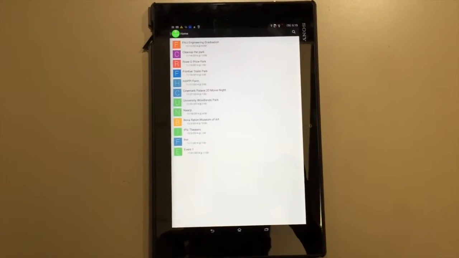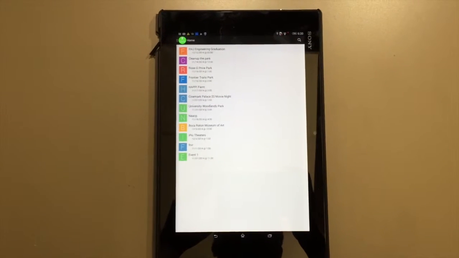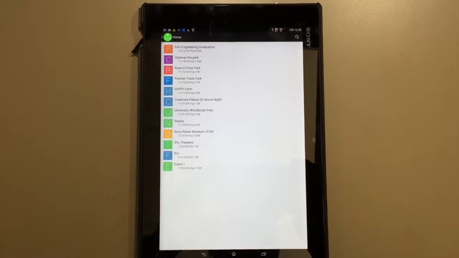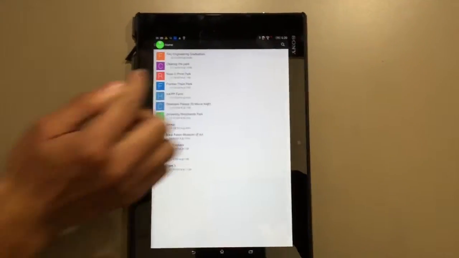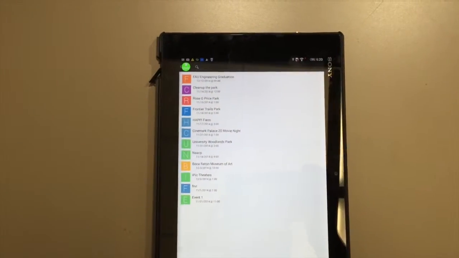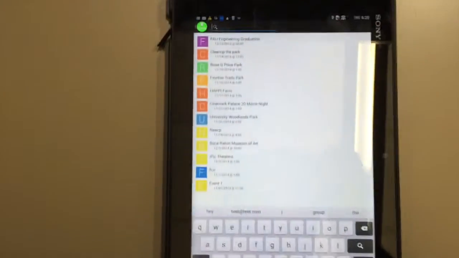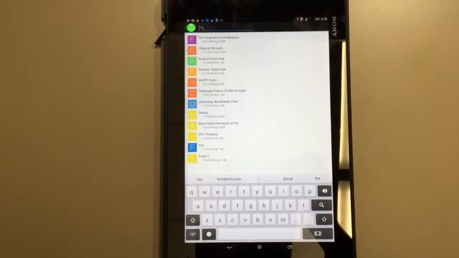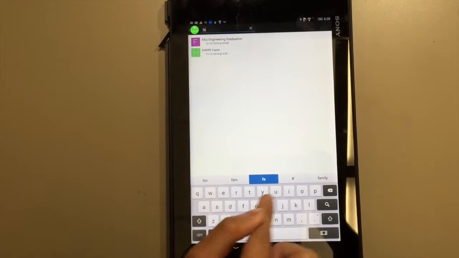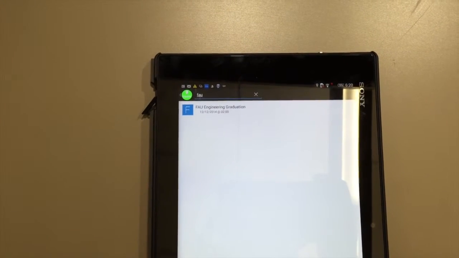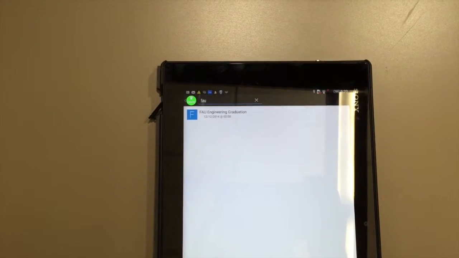From the list view, or any other view such as the map or grid view, the user has the ability to filter the current events being shown, such as by typing in search. Upon clicking the search box on the action bar, the user can now type in what they want to search. For example, FAU. As you can see, all the results are filtered to FAU. He or she can then click on FAU,